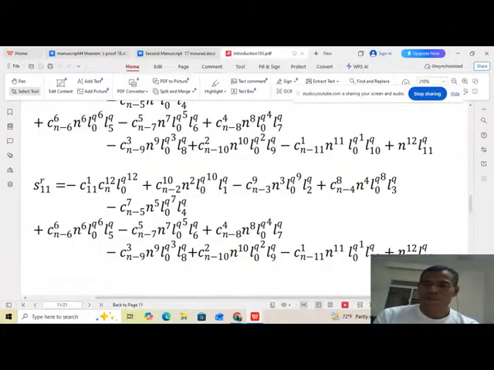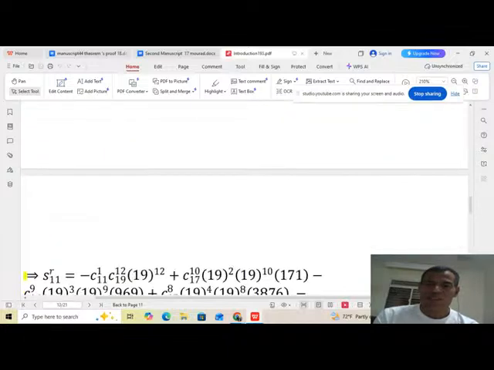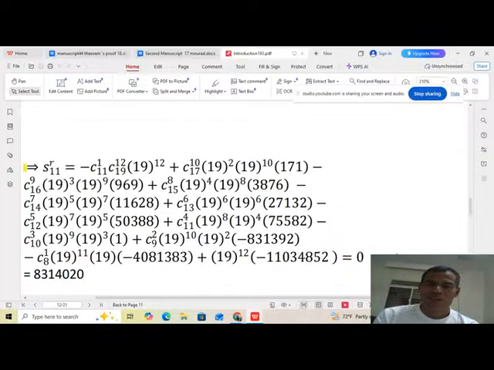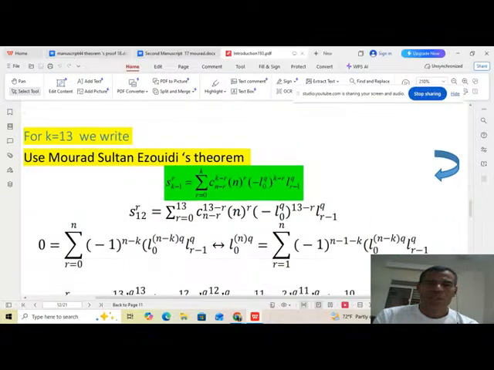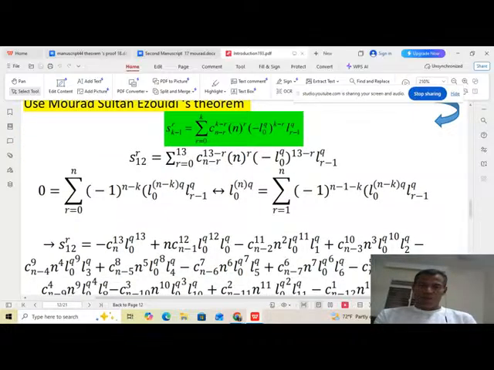Okay, by calculation using a calculator, we figure out that the value of S11 is 0. We continue to find the 13th new coefficient of this new 19th-degree equation. We use the Ezouidi Sultan theorem. Making k equal 13, we will obtain S12, meaning the 13th coefficient of the new 19th-degree equation